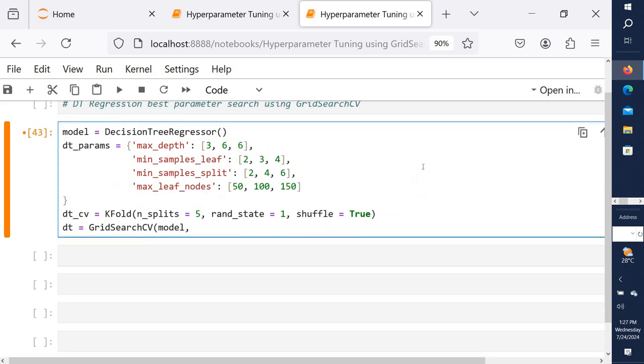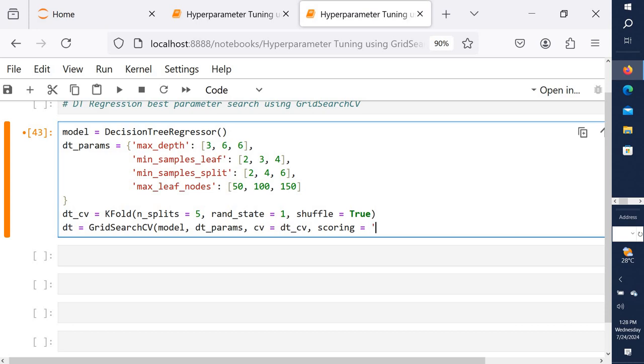Then the parameters, DT underscore params, then cross validation equal DT underscore CV, and the scoring